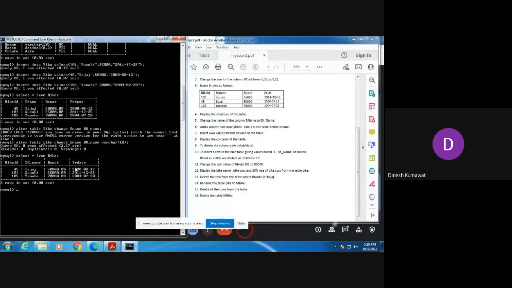Add a column sale date. In short, we are going to write it as SL date and its data type is date, to the table before PR date. Okay, meaning the column SL date which we have to add, we have to add it before PR date, meaning in between B cost and PR date.